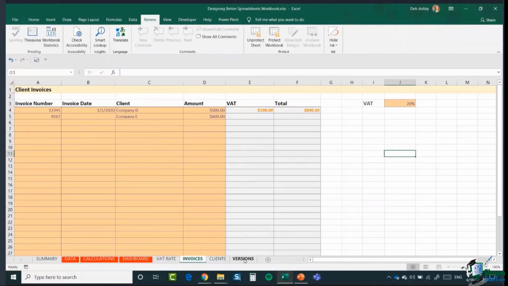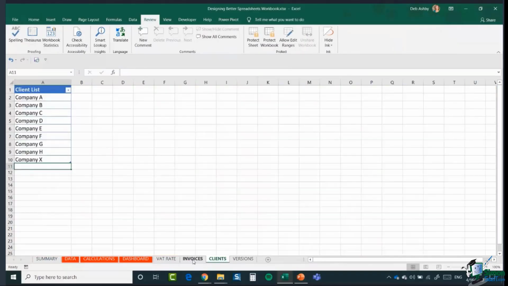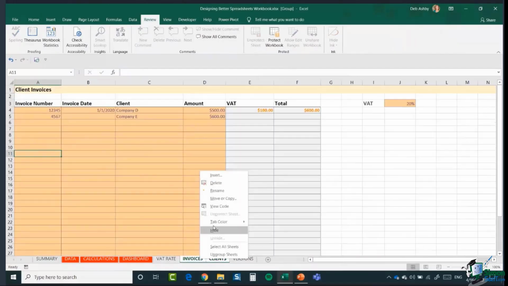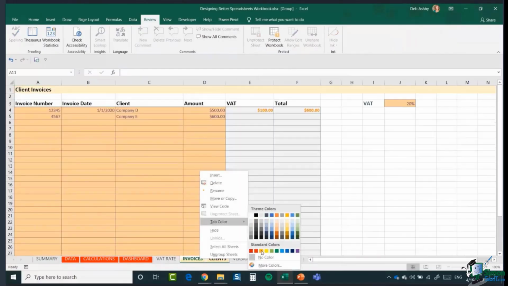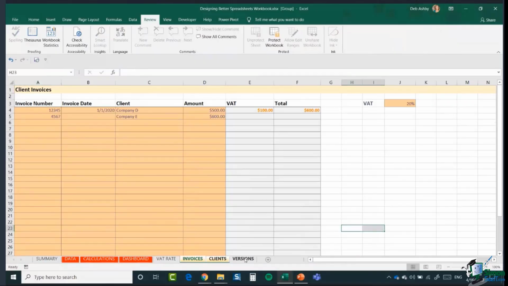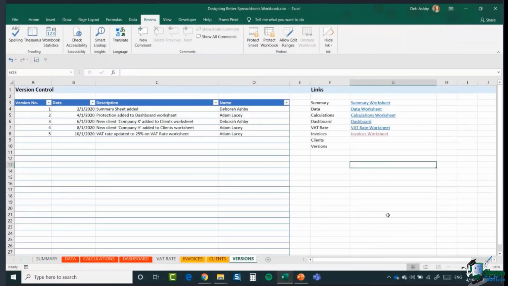Now, actually, before we move on to the final thing, because invoices and clients are also related, I'm going to do exactly the same thing and color code these tabs. So I'm going to hold down Control, select invoices and clients, right click and change the tab color so that they're both the same. The final tab we have here is a